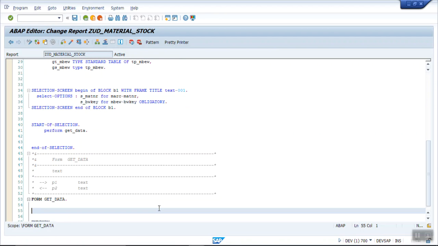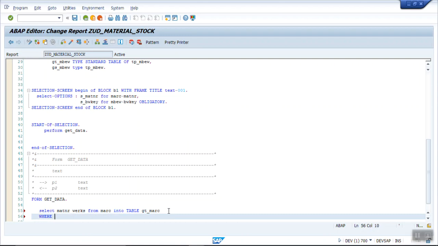Now how to write the first select query? SELECT matnr werks FROM marc INTO TABLE gt_marc. As we have seen in the select query, the result fields which we want to select, this is the source and this is the target, and in the WHERE clause we have to give the condition where my MATNR IN.